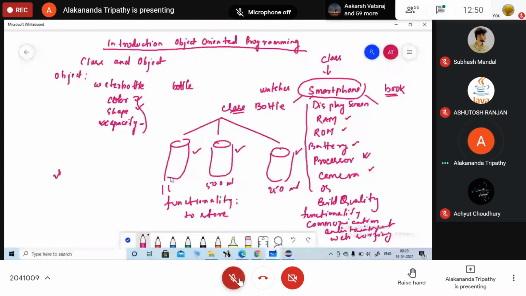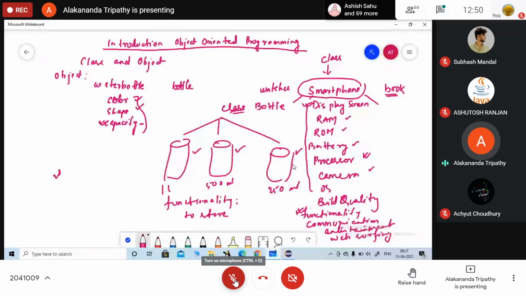Yes. So what is a class? A class is a group of similar objects, and it is having some properties and also some functionality. So in technical terms, what is a class? A class is a blueprint. It is having some properties or some data types. It has some methods to be performed on those data types.